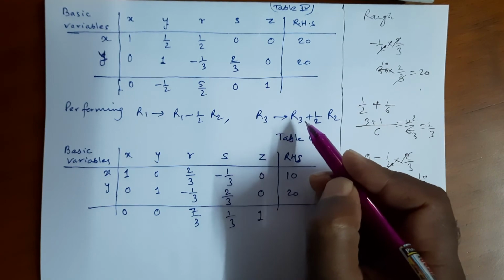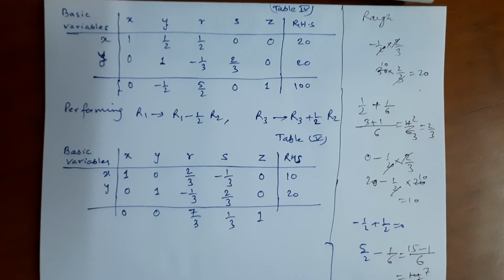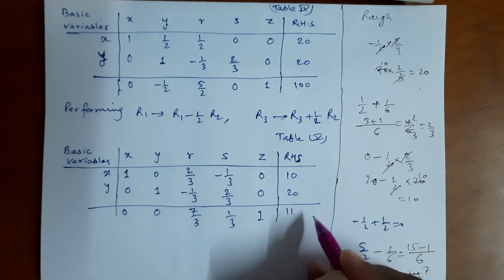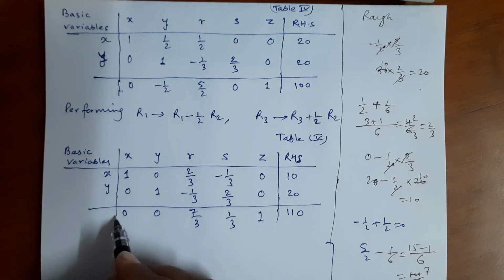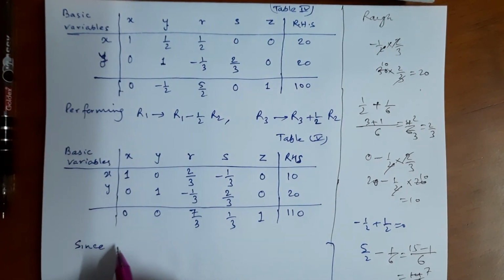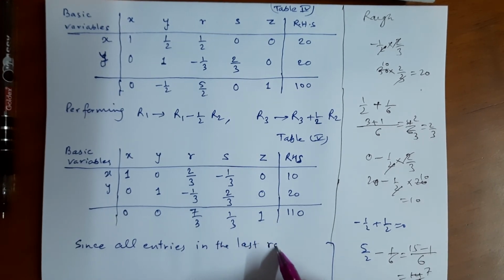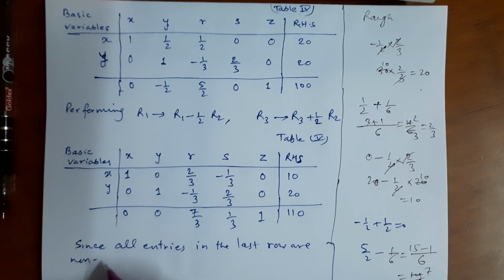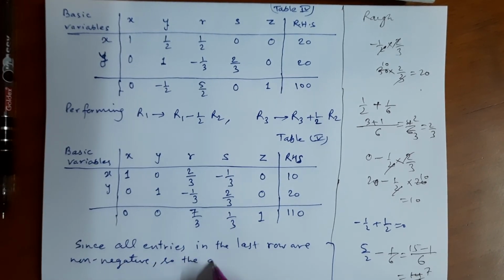100, and 100 plus half of 20, that is 110. And so since all entries in the last row are non-negative, the optimal solution of the given LP problem is obtained,